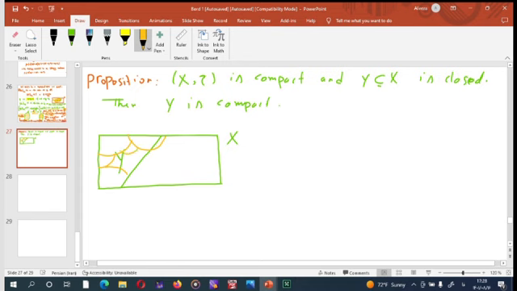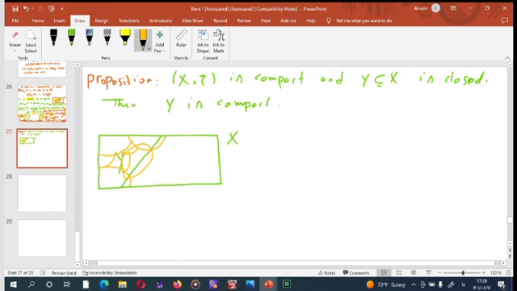We want proof that Y is compact, so that we must consider an open cover such as this, okay? An open cover for Y, and we must find a finite subcover for this open cover, okay? But